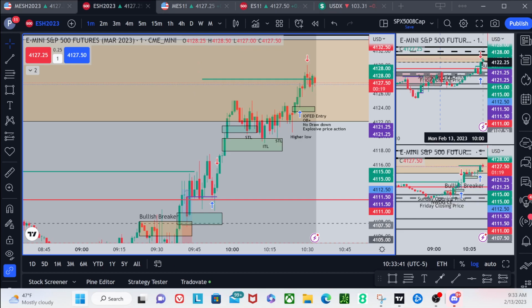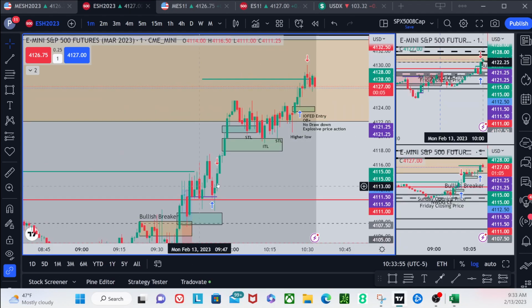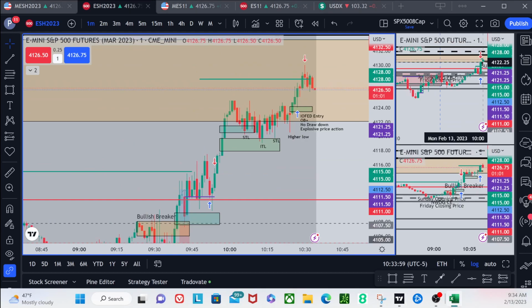It ripped higher, took a run above this short-term high, and we outlined the buy-side imbalance here. We talked about the breaker here. We talked about how it's going to likely dig in and then finally reach up into the 4118 level, which it did here. Then I said 4121.50, which it did here. Then we're going to dig into that 15-minute fair value gap, which we did here. We're going to go to the quarter point. We failed to do it here until that candle there, and then get up into consequent encroachment, which is the